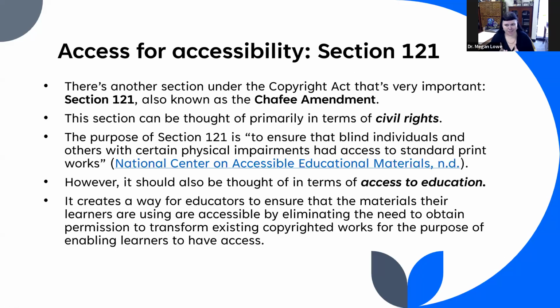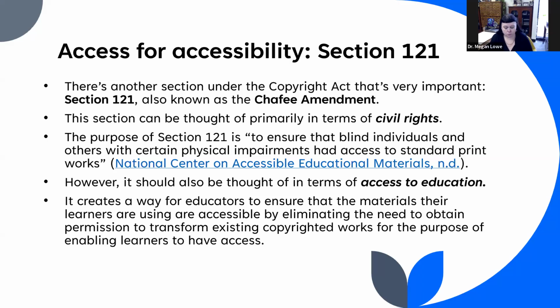There's another section under the Copyright Act that's very important. Section 121, also known as the Chafee Amendment. This section can be thought of primarily in terms of civil rights. The purpose of Section 121 is to ensure that blind individuals and others with certain physical impairments had access to standard print works.